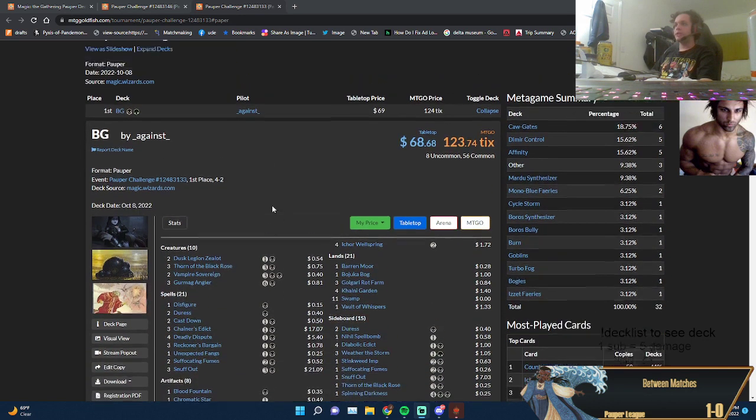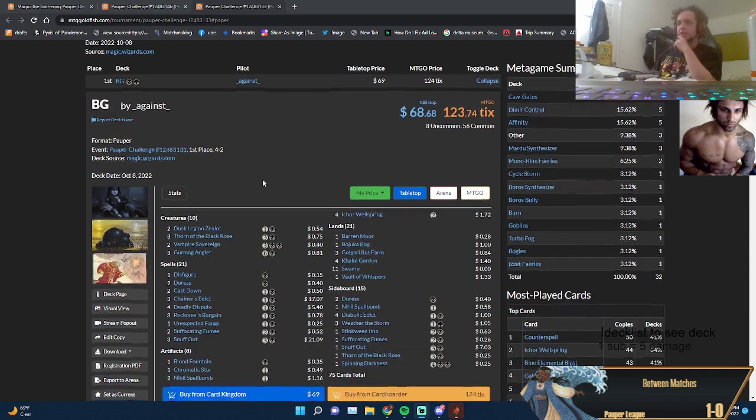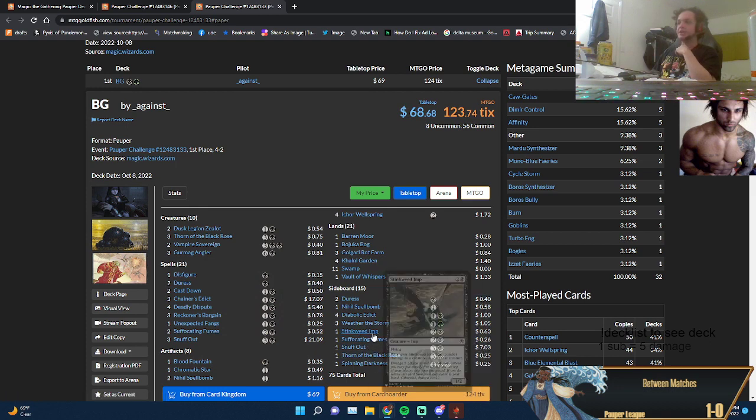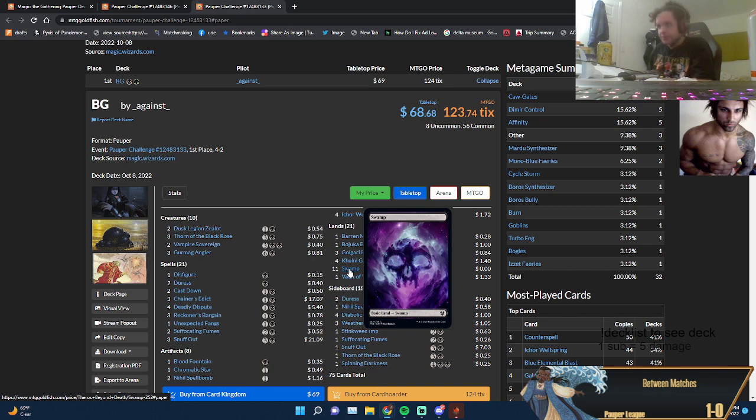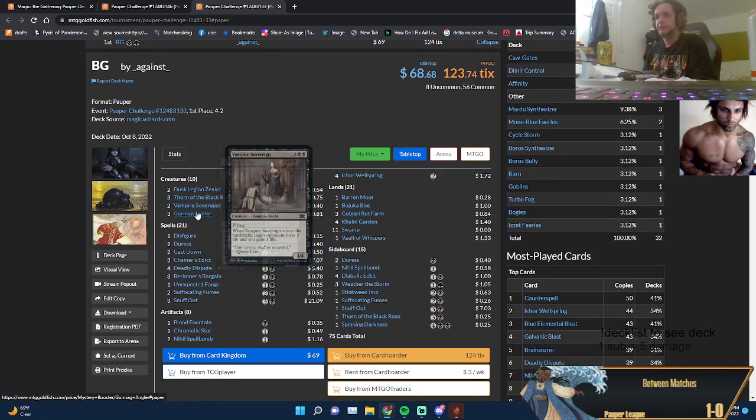So, first thing we note when we look at the Saturday's Pauper Challenge is that we got against winning with this interesting mono black splashing green out of the sideboard for a little bit of Weather the Storm. This is kind of a sweet deck list. I think it fixes a lot of the problems that I've had when I play mono black, which is that